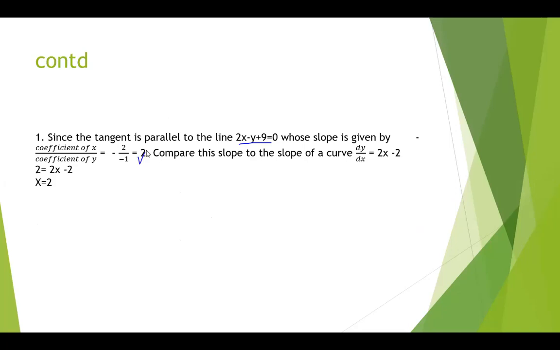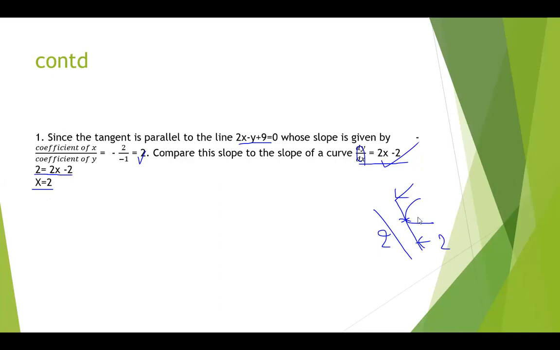It is 2. So this is the slope of the line which is parallel to our tangent, means our tangent is also having the slope 2. But by differentiating the equation of the curve, you have got the slope as 2x - 2. I can equate those two so that I can find the point at which the tangent is drawn. So dy/dx is equal to 2, because both have the slope 2. In other words, the slope of this tangent is also given by dy/dx = 2x - 2. Both are same, means we equate those two.